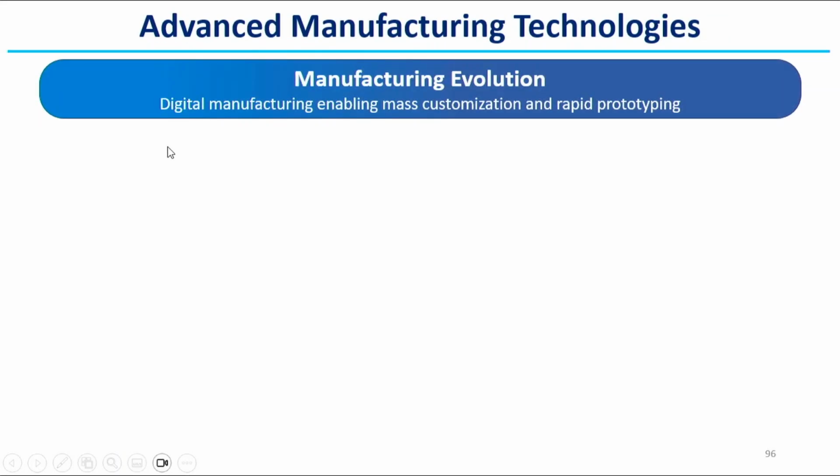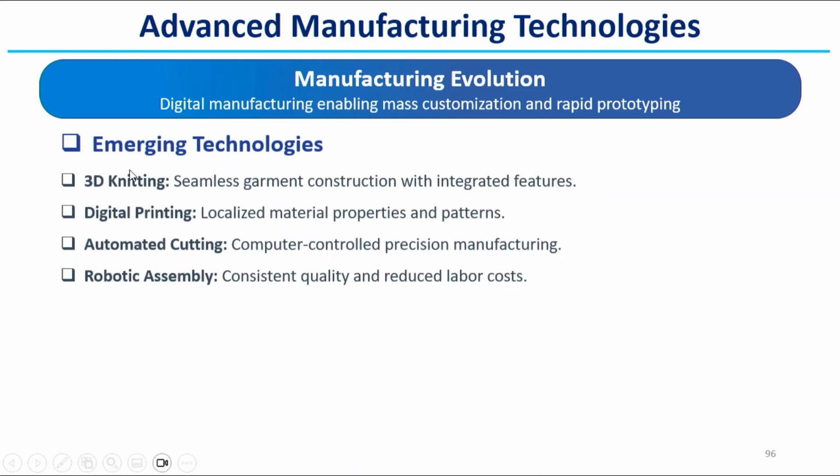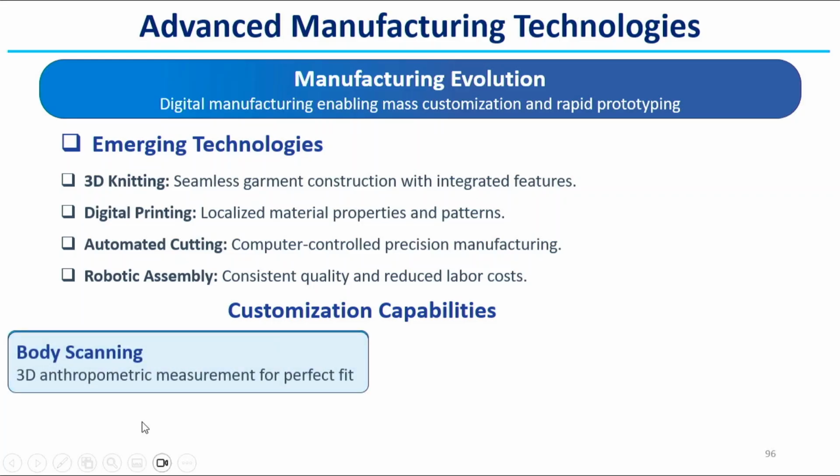Now, see the advanced technology. So, manufacturing evolutions: digital manufacturing enables mass customization and rapid prototyping. Emerging technologies are 3D knitting, seamless garment construction with integrated features. This is the new direction of cold weather clothing, advanced manufacturing. Digital printing is used for localized material properties and patterns, automated cutting and robotic assembly, and customization capabilities. Body scanning systems are there, with 3D anthropometric measurement for perfect fit based on different persons